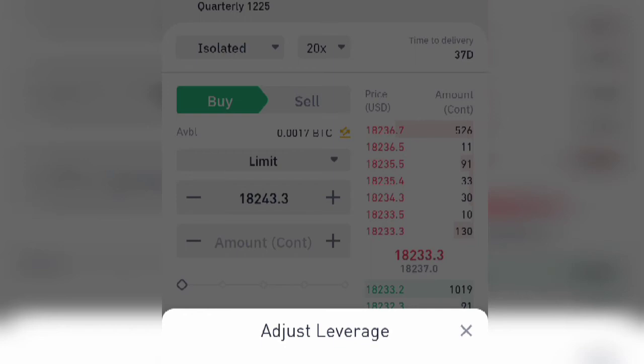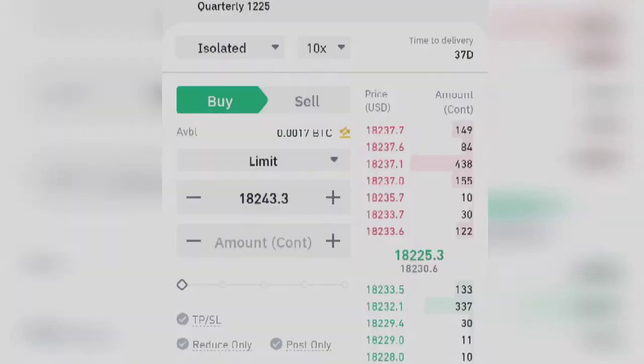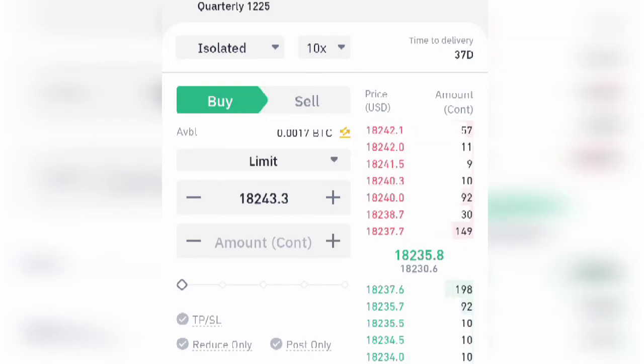Another thing you should note when you're trading futures is the leverage. The leverage determines the quantity or profit you're going to make, whether it's going to be more. But I always advise on compounding profit. That is one way to make more profit and minimize loss. Compound your profit instead. It's better for you to make 10% consistently than to aim for 100% at a go and then lose all your funds. So this is at 20x, so let's go with 10x. So we're going with 10x, and